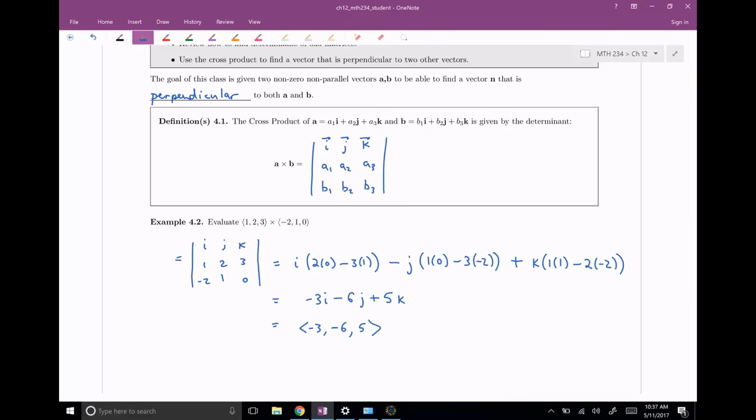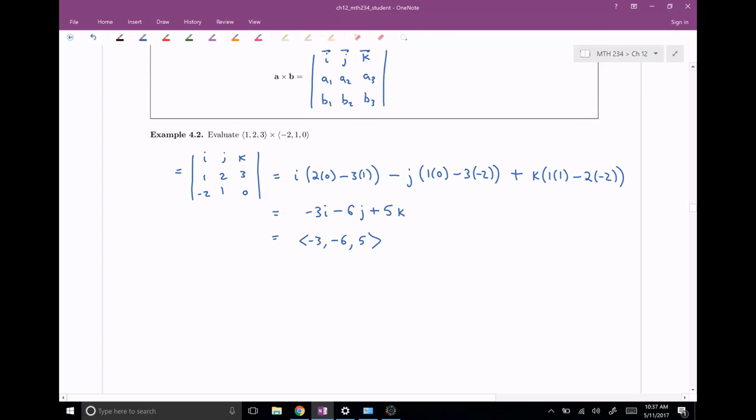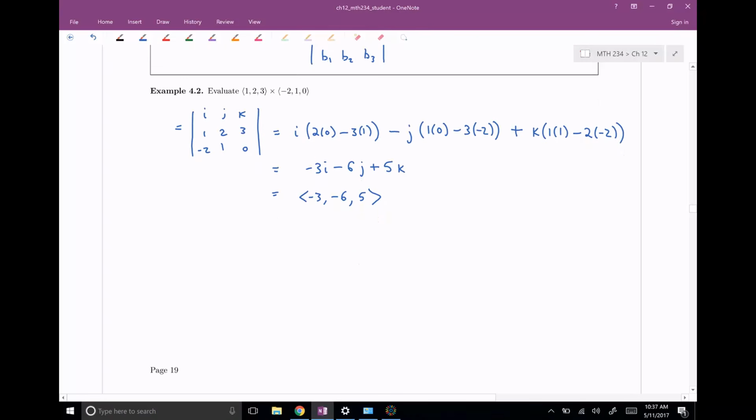Okay, so that's one way to figure out the determinant of a 3 by 3 matrix, using what's called this minor method here. So this is my favorite way. I'm going to be using this, and I'll talk about in just a second why I'm going to be using this so much. But I'm going to go over one more method that you can also use to